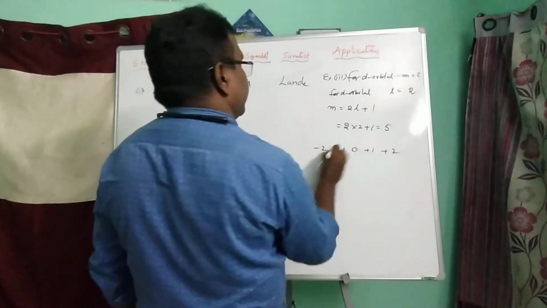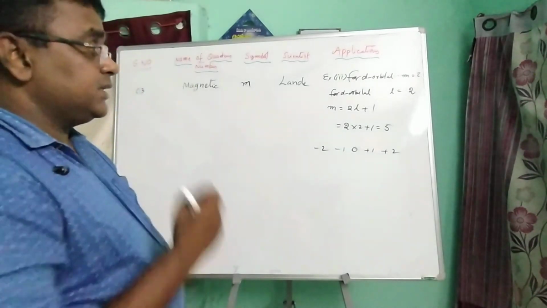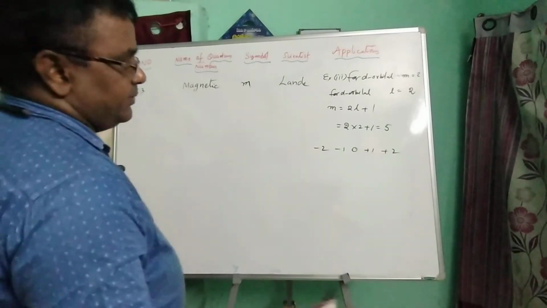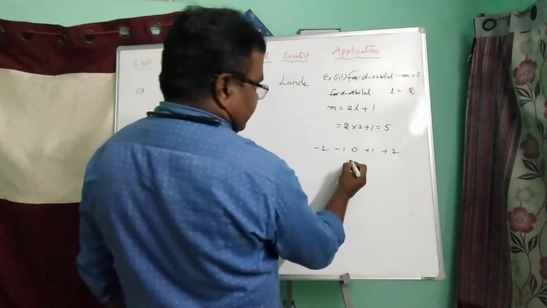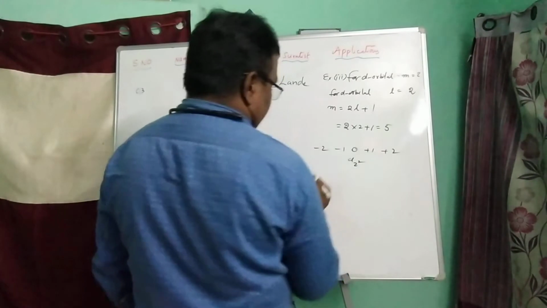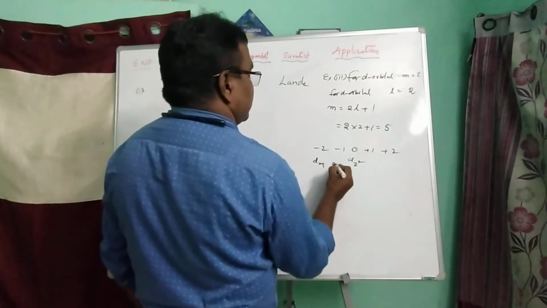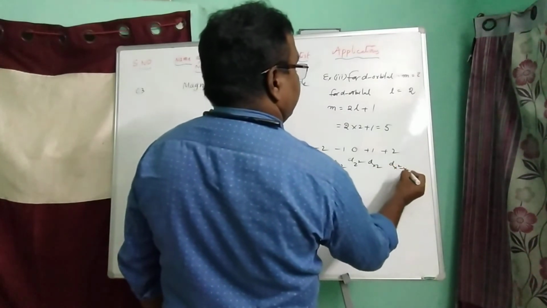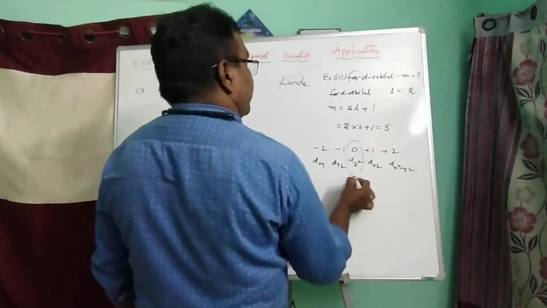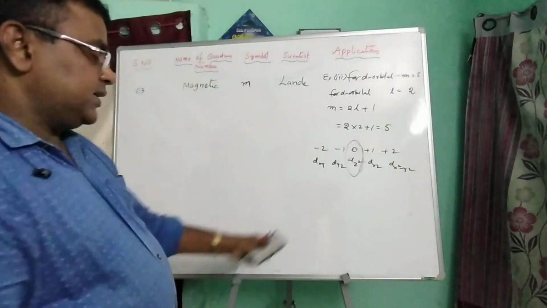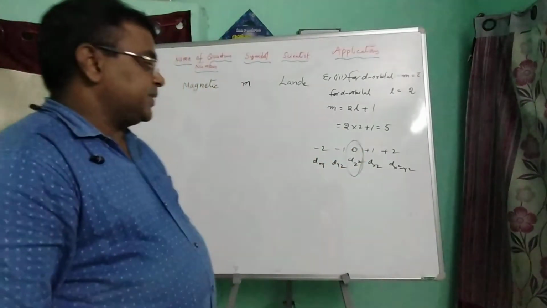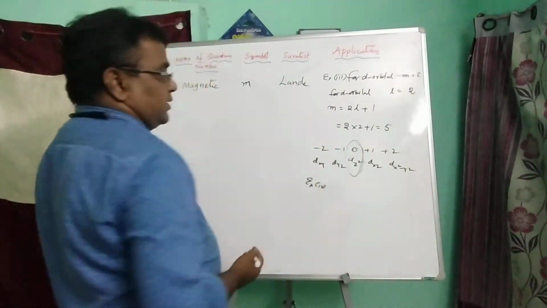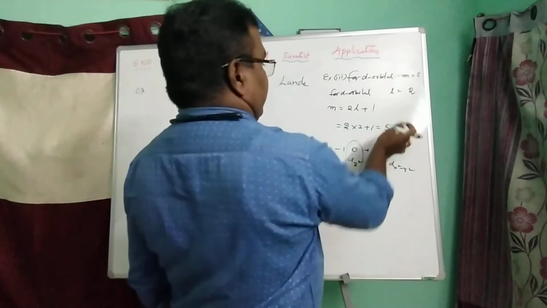plus 2, minus 2. We know that d orbitals are of 2 types, T2g orbitals and Eg orbitals. In d orbital, dz square has a special shape. This is dz square m value. This is dxy, dyz, dxz, dx square minus y square. What is the m value for dz square? 0, because in d orbital, dz square has a special shape.